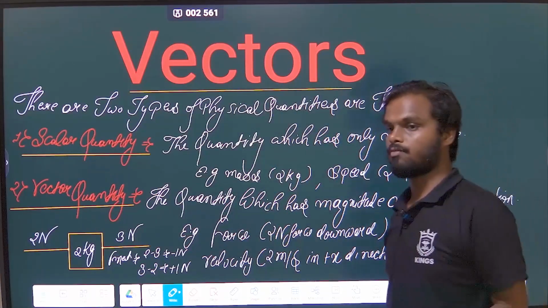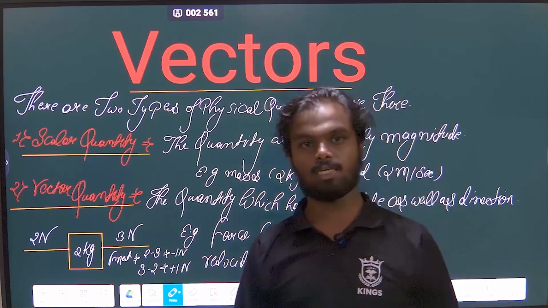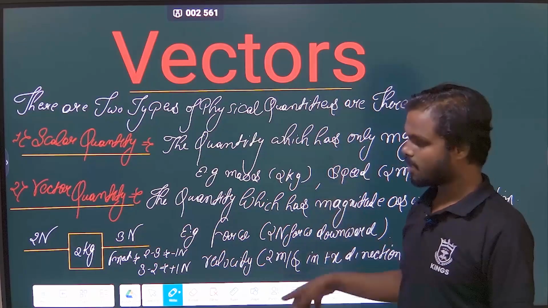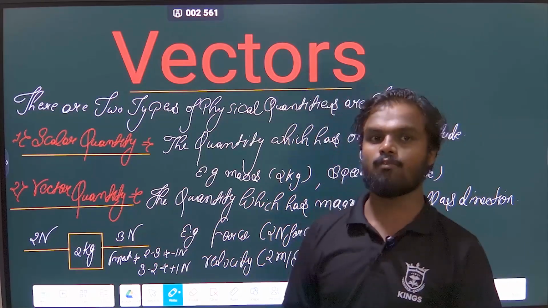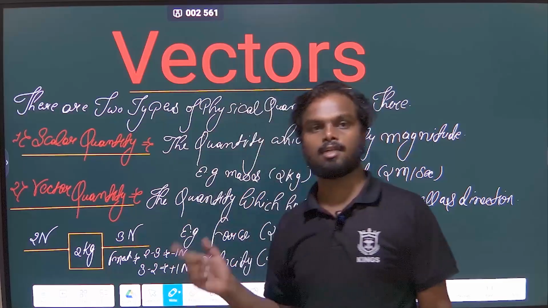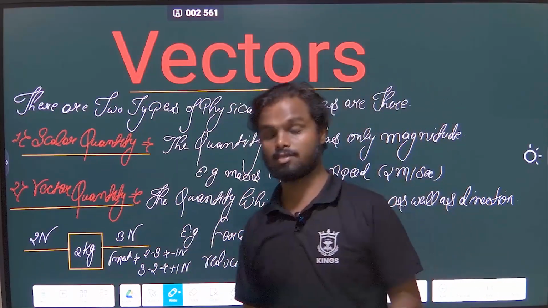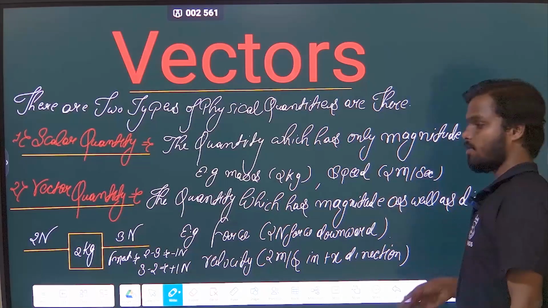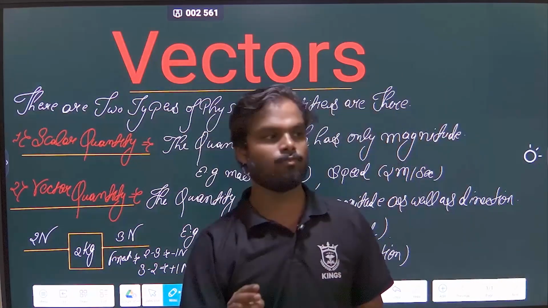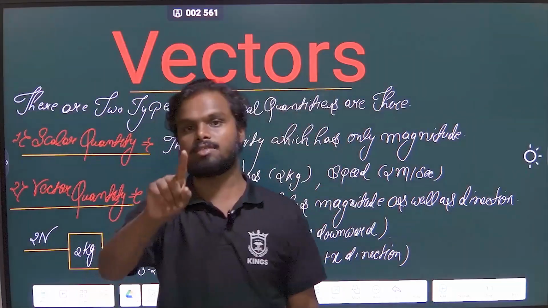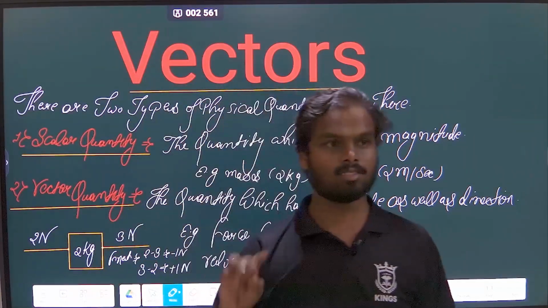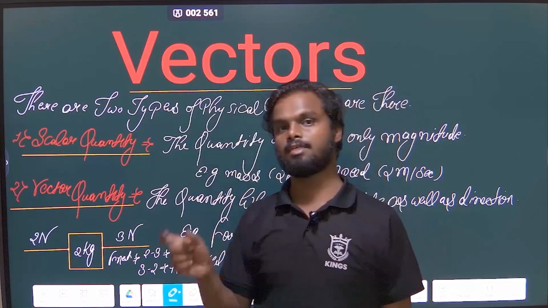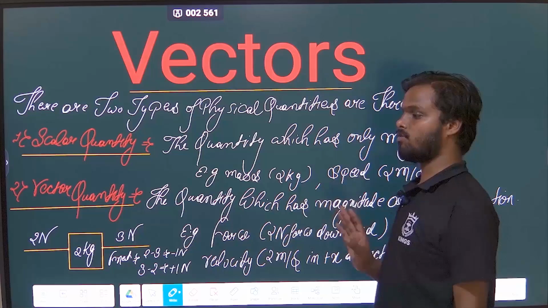Now in class 12th, when you go, we will discuss about current. Current is not a vector quantity. Why? Because it has a magnitude as well as direction, but it does not follow the vector law of addition. When we discuss current and electricity, we will discuss what type of quantity current is. But till now you have to remember that we can say any quantity is a vector quantity when it fulfills the 3 conditions. First is the magnitude, second is the direction, and third is the vector law of addition. If it follows these 3 properties, we can say it is a vector quantity. Clear? Anyone have a doubt till now?